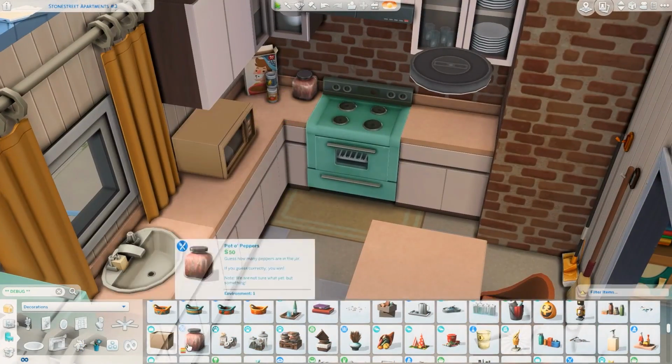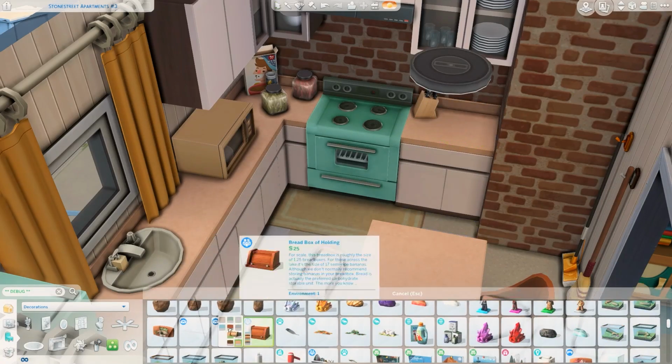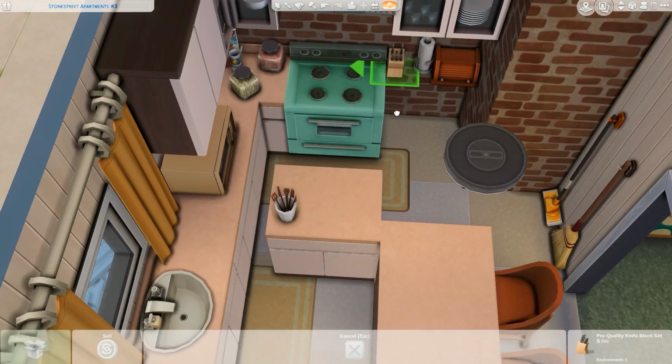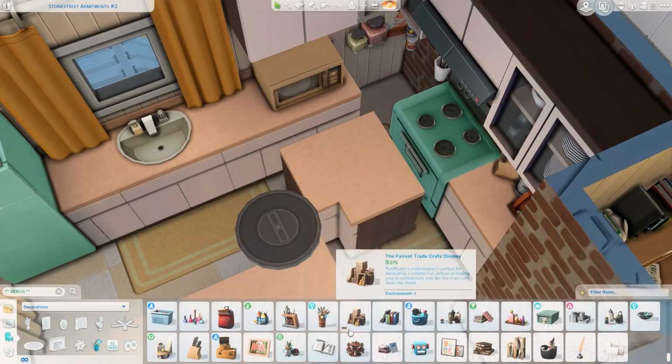Nowadays you would probably see white or stainless steel or maybe black or something along those lines, and not necessarily a teal stove or refrigerator. So I thought that was pretty fun to do in here. And then other than that, I just wanted to clutter up the countertops with lots of different decorations to make